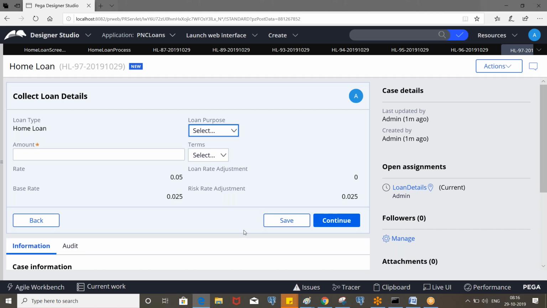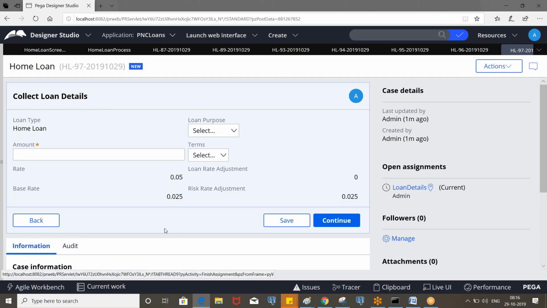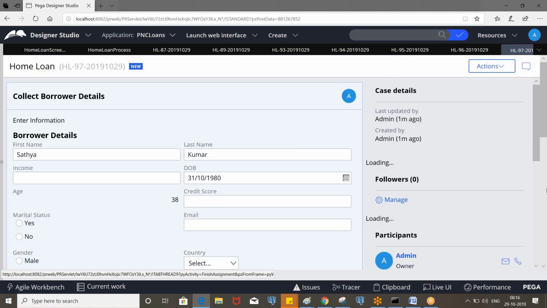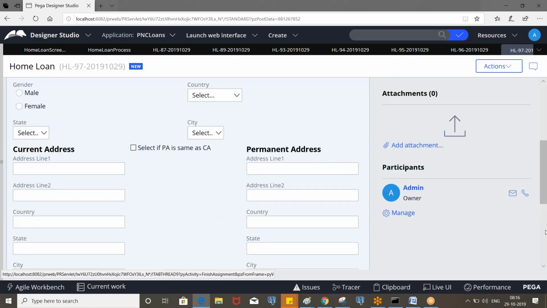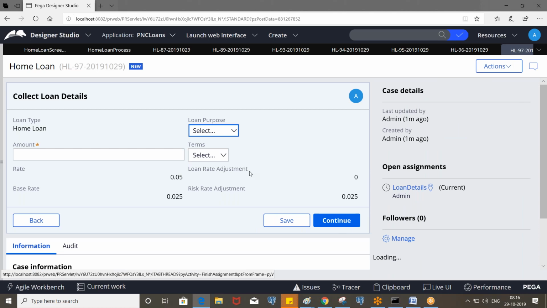This is handled in the PY case action area. It looks like the process flow, but you will see the back button. So you can come back to the previous screen, but you cannot see how many screens are there to be performed. Clear?